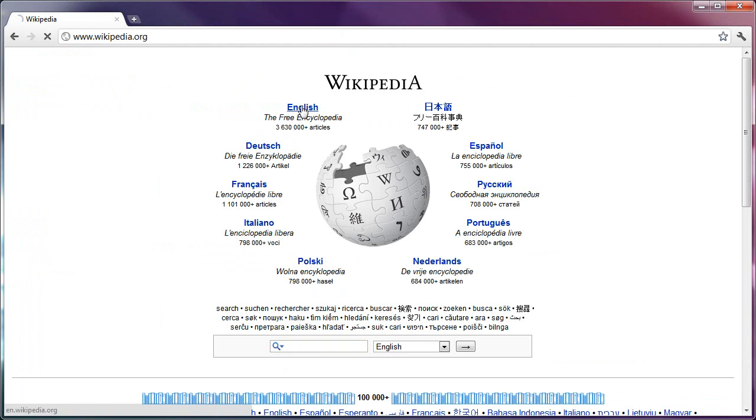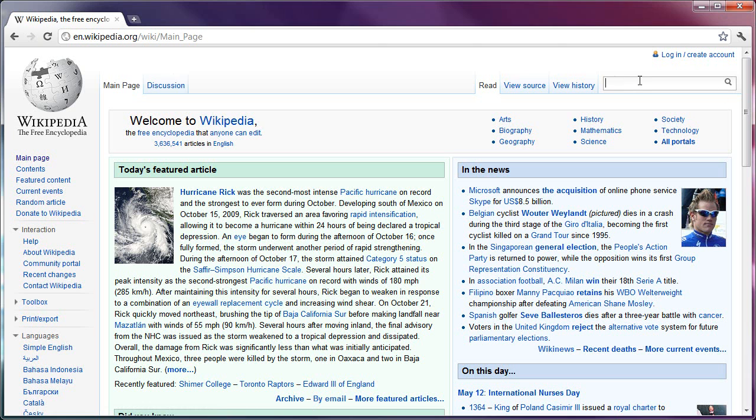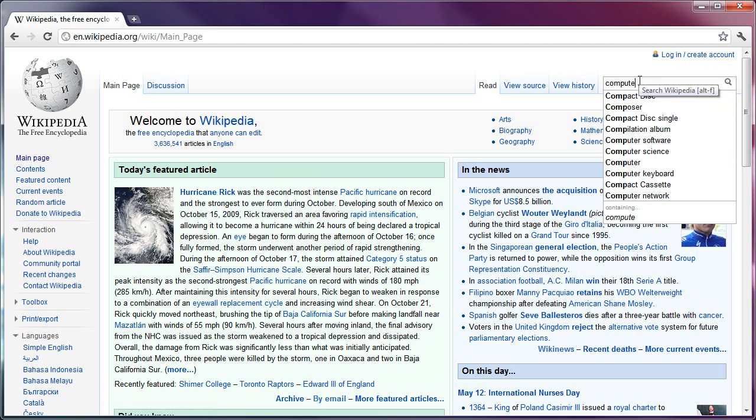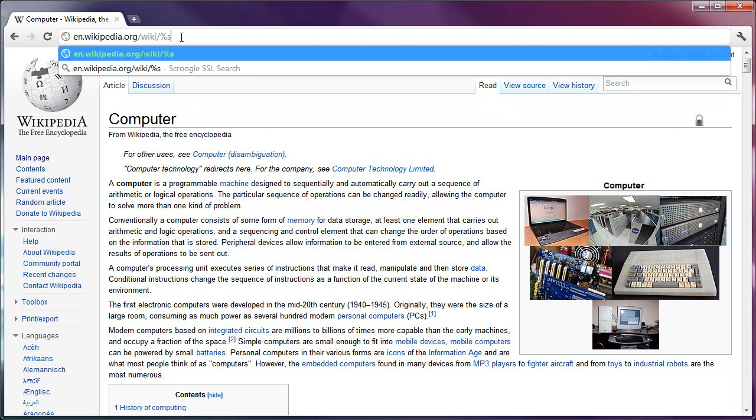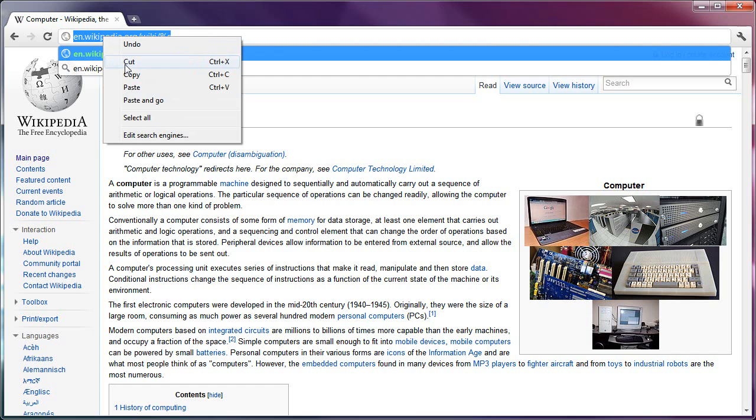Wikipedia.org, English, and there's the search box. So I'll search for the term computer. Now, this one is a little different because the address is a lot shorter, but here is our term we searched for, computer. So if I do a %s here and highlight and cut,